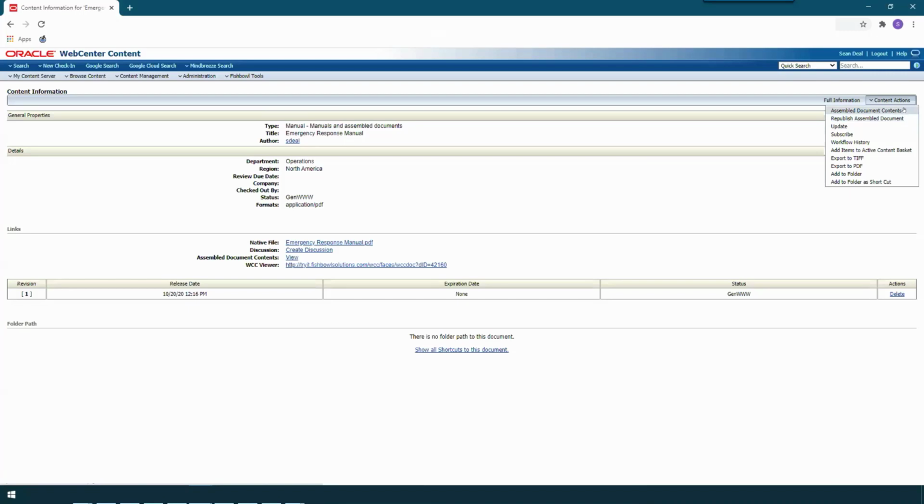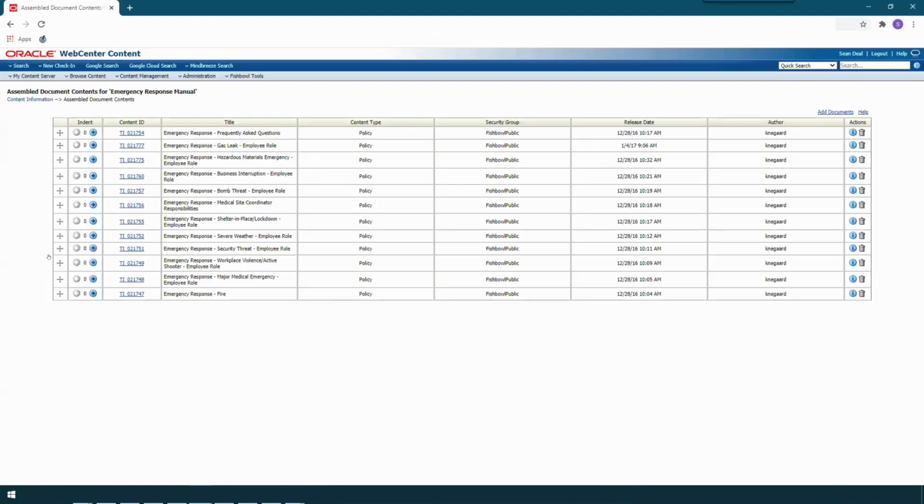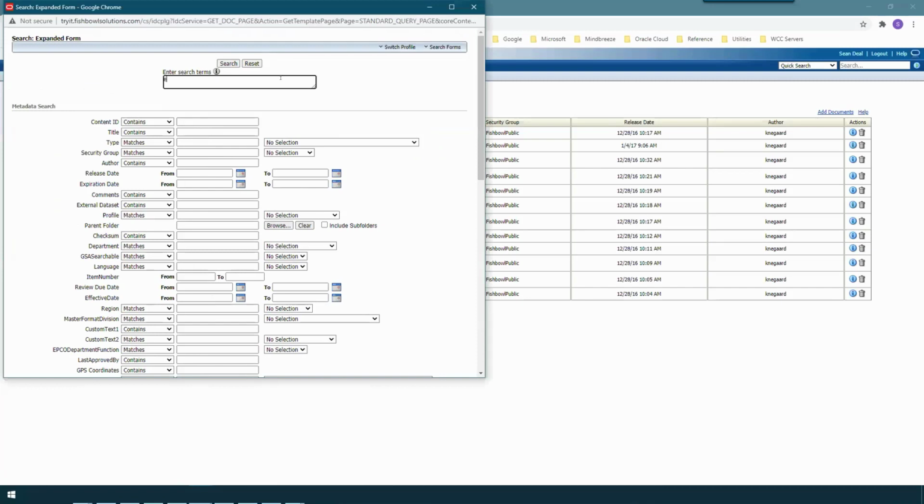Or you can click this to go to the Assembled Document Contents page, which is what we're going to do now. So this list shows every item included in this assembled document, as well as some actions to edit the document. You can add documents to this list link over here. I'm going to add